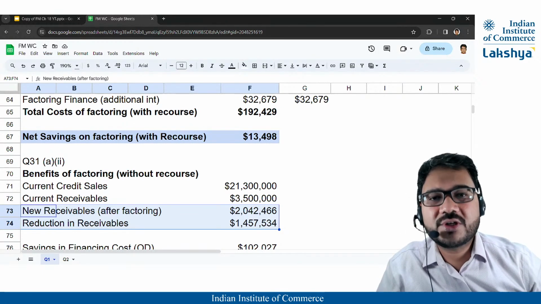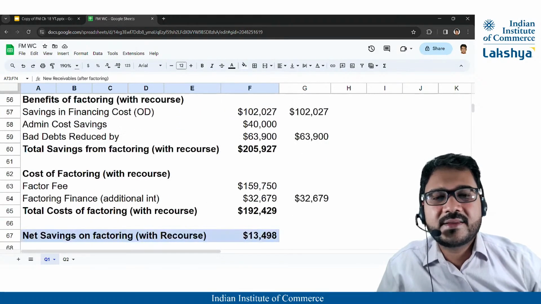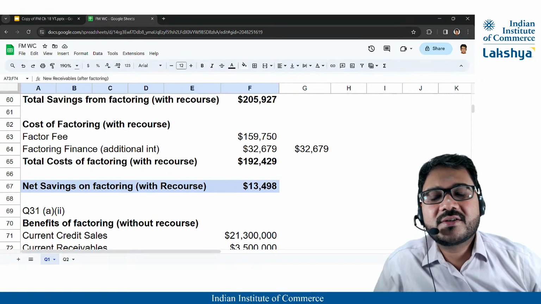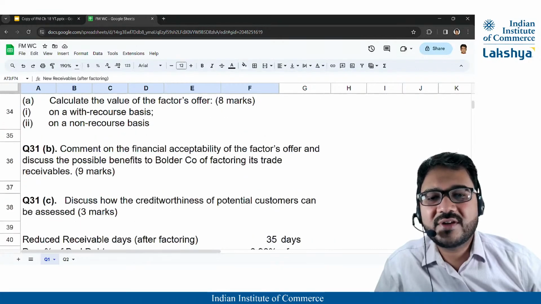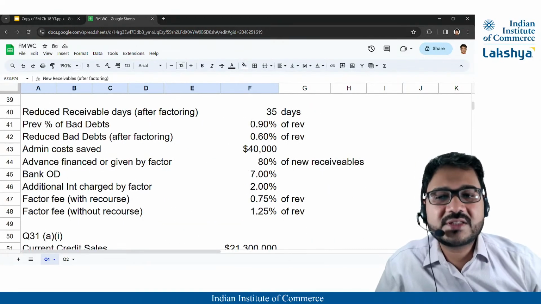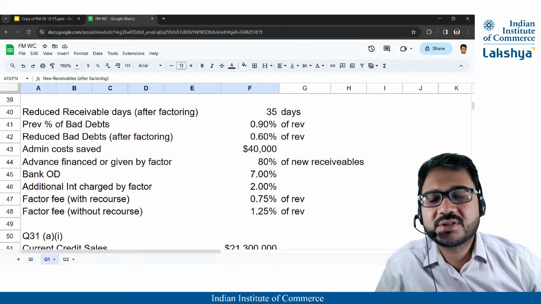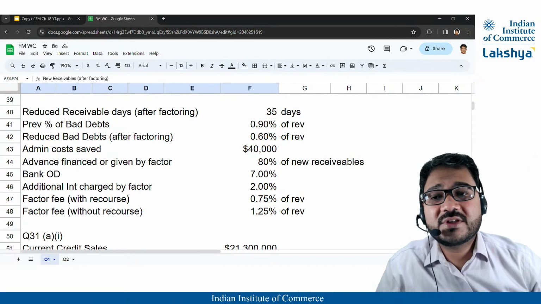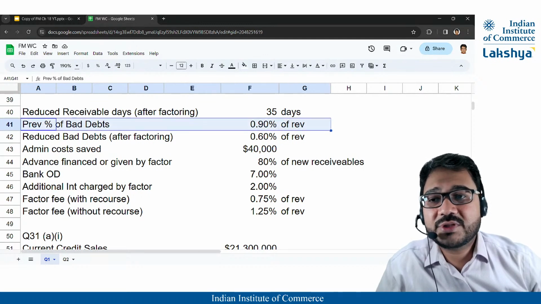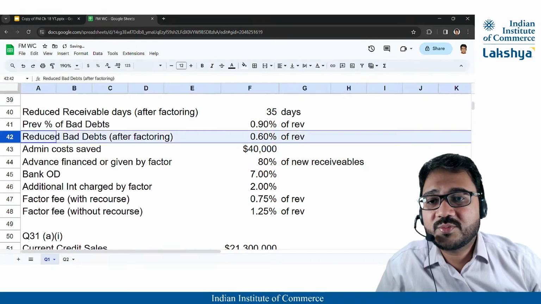Only thing is this is without recourse. That means the responsibility of bad debts is with the factoring agent. Basically, in our books, we have an insurance against bad debts. Though it's not explicitly given in the question, it means that if we go without recourse, that is non-recourse, then there are no bad debts. So the previous bad debts of 0.9% becomes, let me just put it over here,